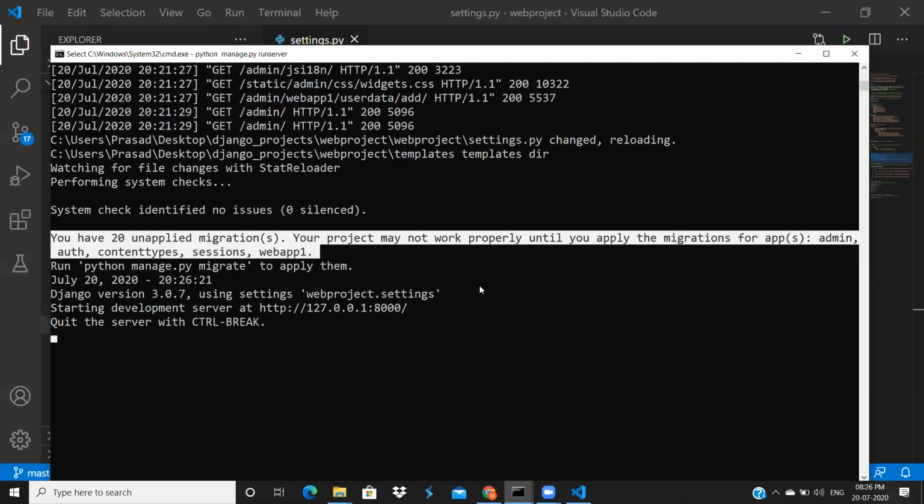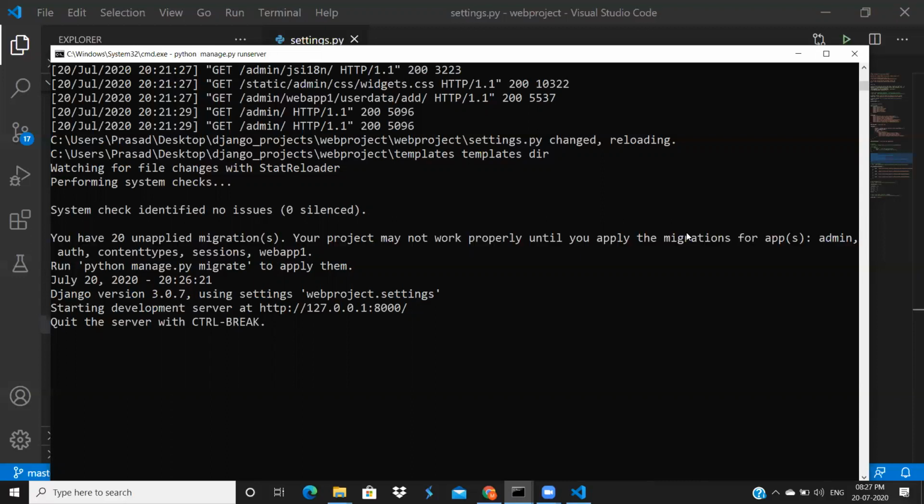Means already you have SQL code, you have tables in your code, but you didn't create tables in your actual database. For that reason, it's showing this message. Your project may not work properly until you apply the migrations. That means you have to execute some SQL query in your database. Just simply execute python manage.py migrate.